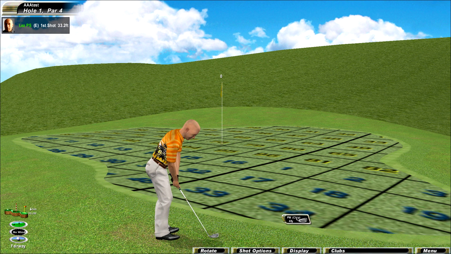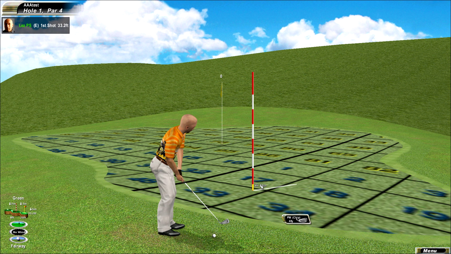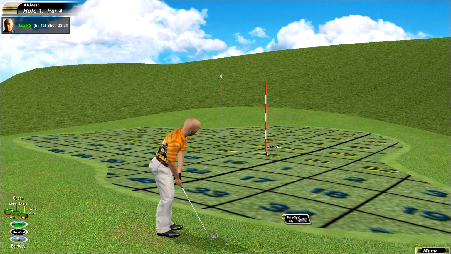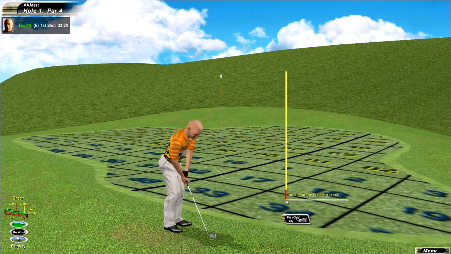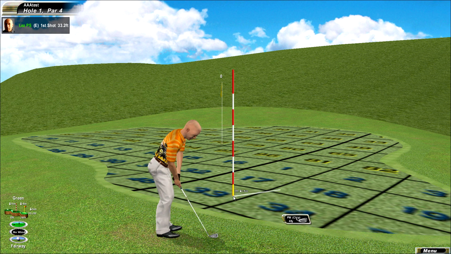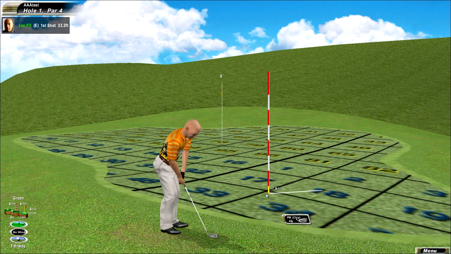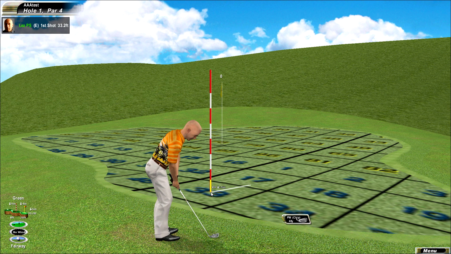So for now I'm looking at 6 positions to put an easy pin. I use the break line indicator because that's how I play the game anyway. You could turn the grid on, I suppose, if you're used to that, but the pole will show the direction of slope, the white line shows where the slope's going, and the yellow bar that creeps up the pole at the bottom shows how steep it is. So this is pretty steep. It's going over halfway through the first red section,